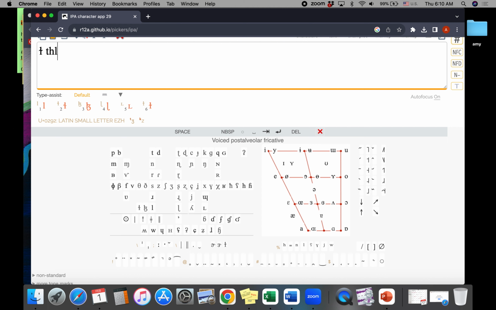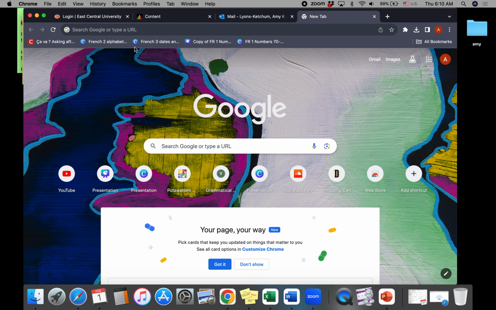Sometimes it's just THL is how it's written, the th sound. That's the IPA symbol for it, that little barred L right there. Okay, so